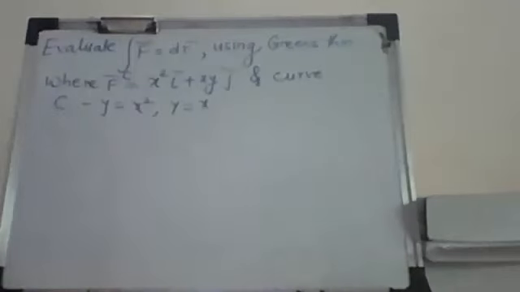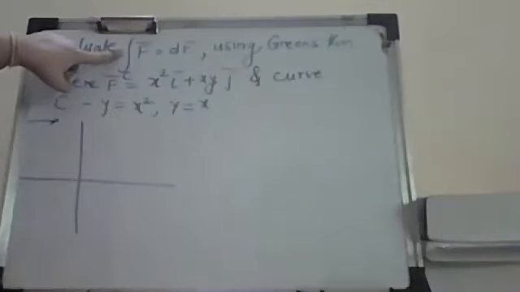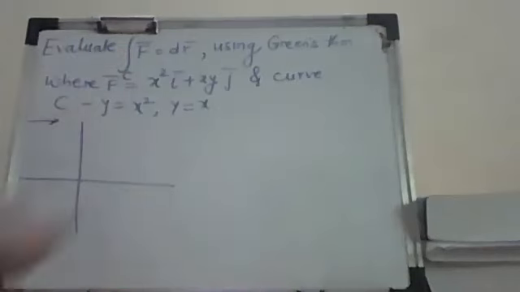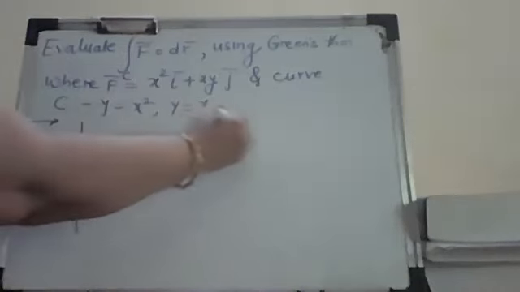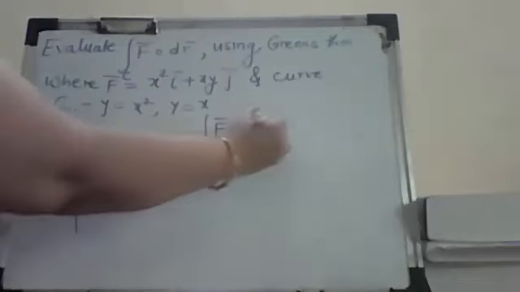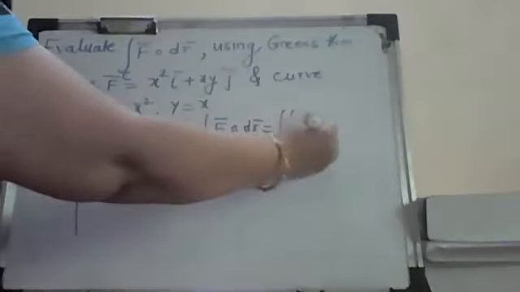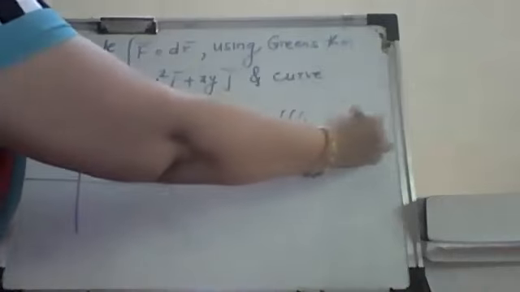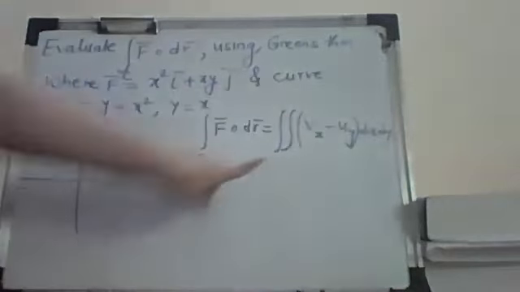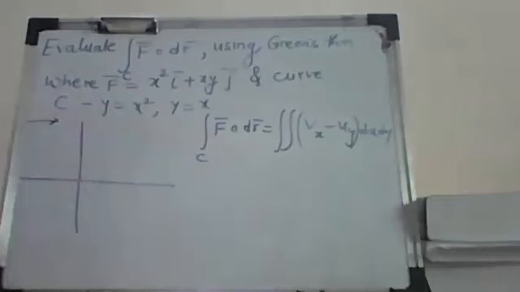So now what we can do is, I have these two curves. Here it says using, that means I have to do the second part. Whenever it says using, you can't do the line integration. Don't solve the line integration. With Green's lemma, what is the other part of Green's lemma? It says that this line integration over the curve C is nothing but the double integration of ∂v/∂x minus ∂u/∂y dx dy, correct?